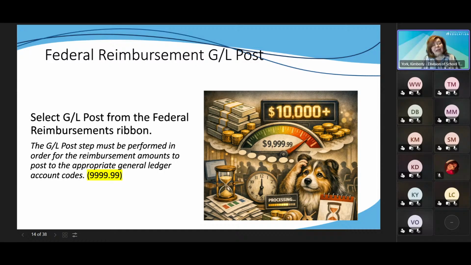So you'll select GL Post from the Federal Reimbursements ribbon. The GL Post step must be performed in order for the reimbursement amounts to post to the appropriate general ledger account codes. And something I like to remind people of here is that most of the cases that I see this in, or when you've gone back and changed someone's payroll history, you've changed it from federal funds to general fund or general fund to federal. Sometimes those amounts can be quite large. And if it's above